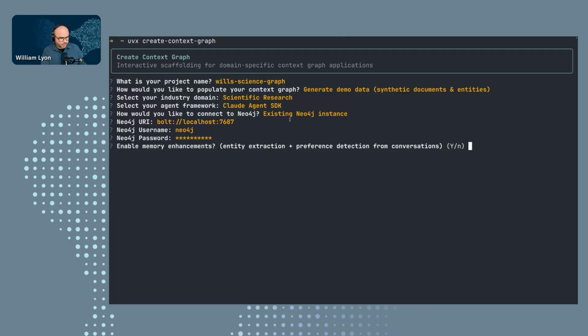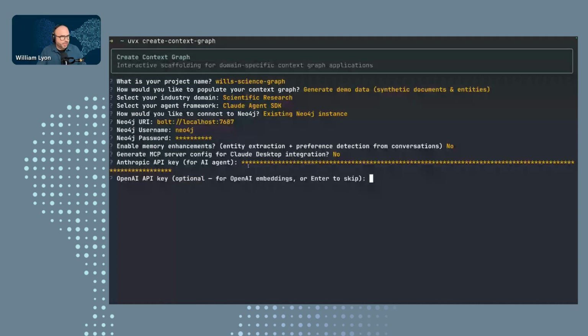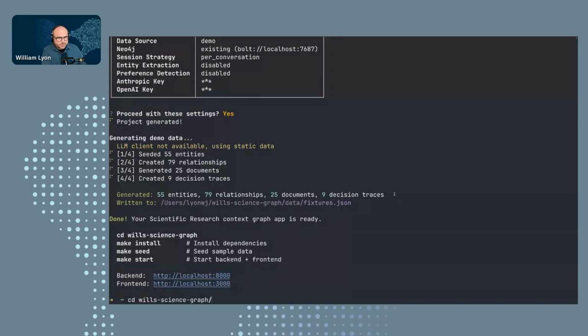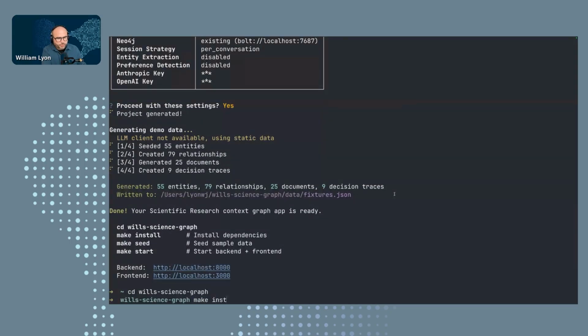There we go. And we're going to skip the optional enhancements and add-ons here. And here I'm being asked to add an Anthropic API key. These are optional for my agent. I can use whatever model I want. By default, we'll use the Anthropic Sonnet model and OpenAI embeddings. So we've now provisioned this full stack